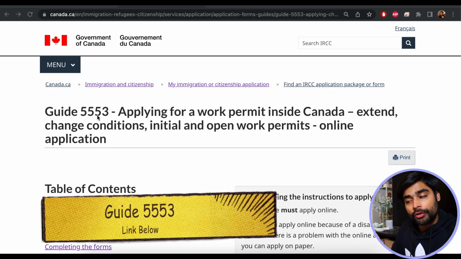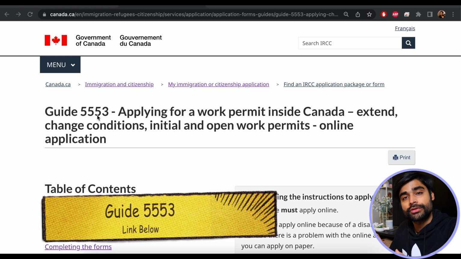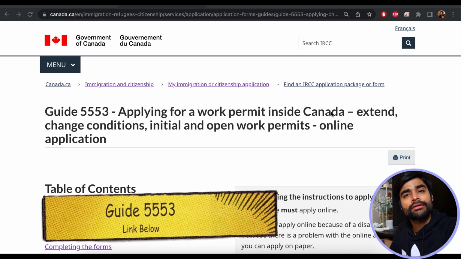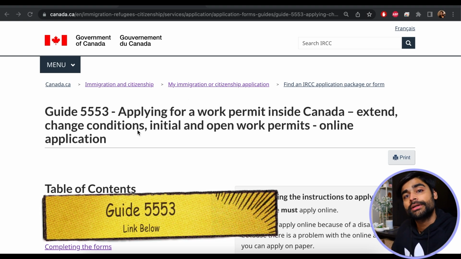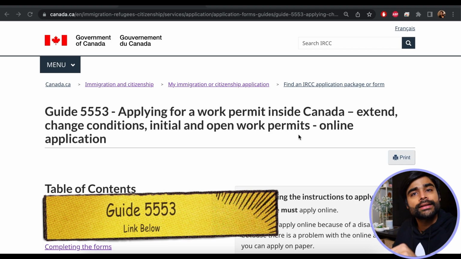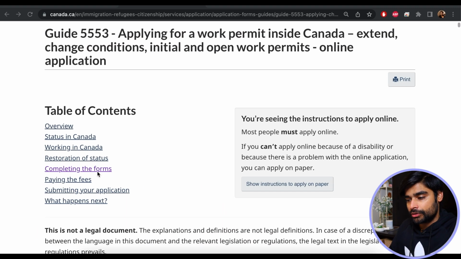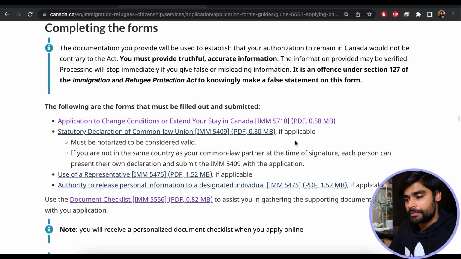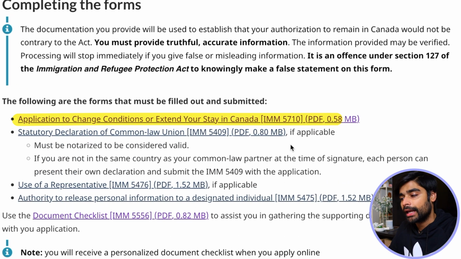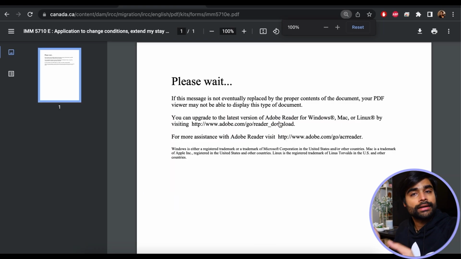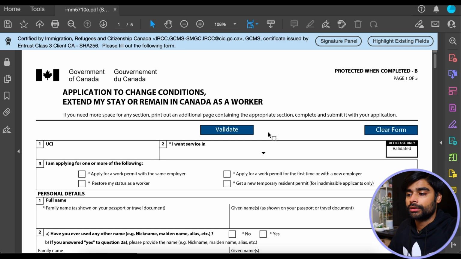So you'll find this form in this guide 5553 that you see on the screen here. It's a generic guide for application of open work permit inside of Canada, and I'm going to link it in the description below. So if I scroll down and click on completing the forms, you'll get to the forms section, and in this form section you see 5710 is right here. So you're simply going to click this and download this, and